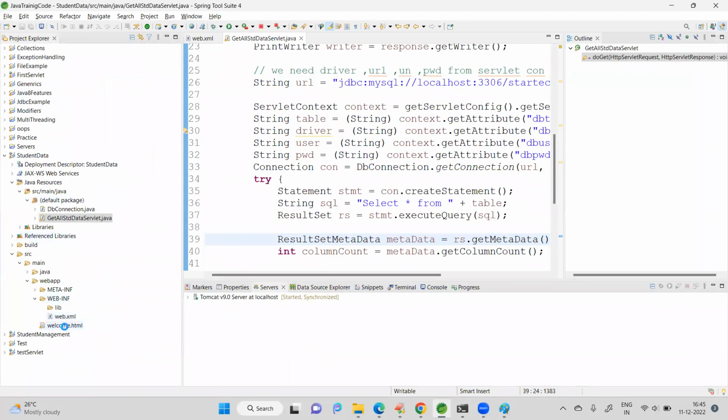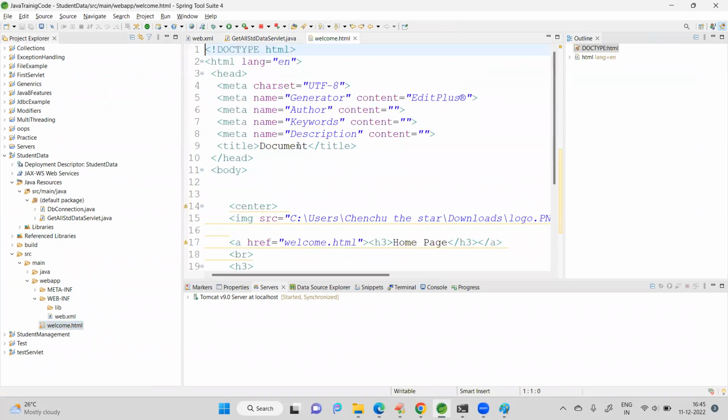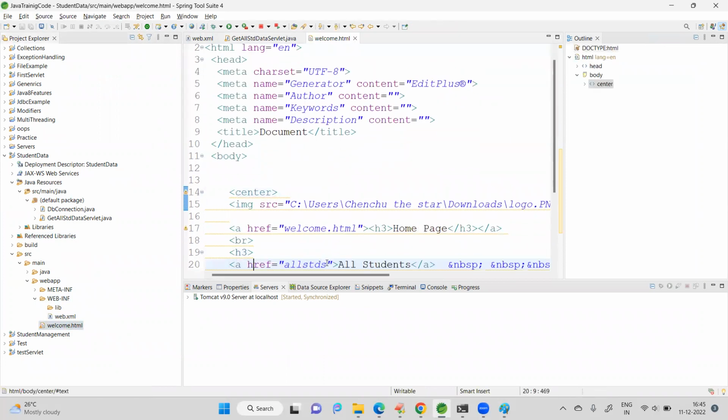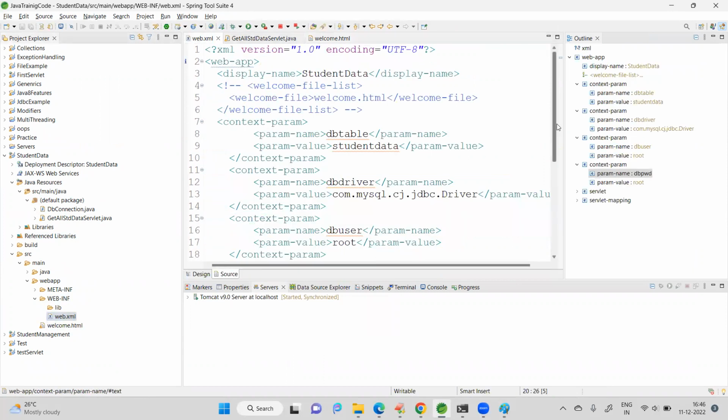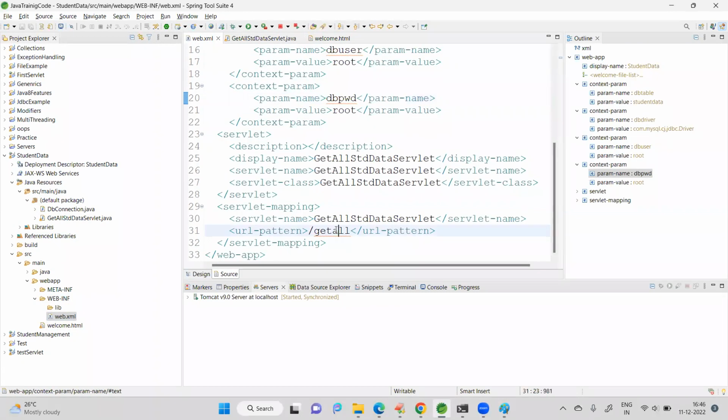Okay, in my welcome.html, whenever I click on that, get all students, it will go to the get all servlet. But what URL pattern did I give? Get all. Okay, this has to be mapped. Where to map? In the